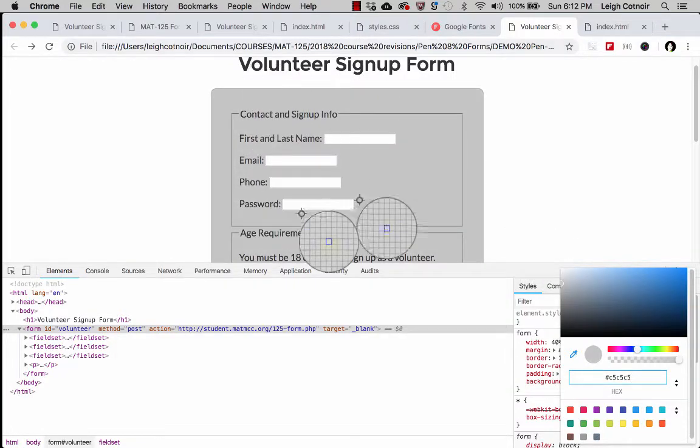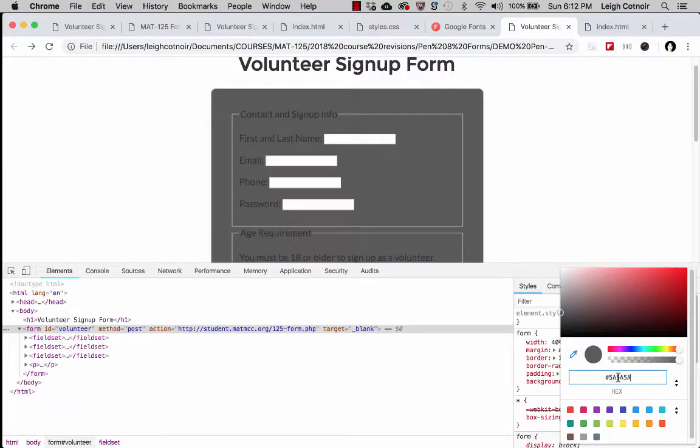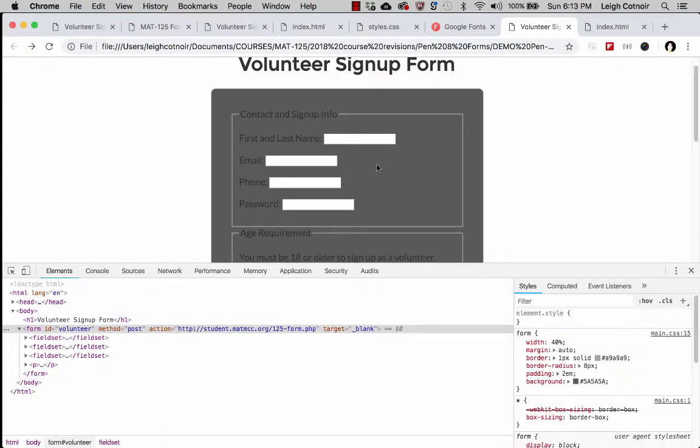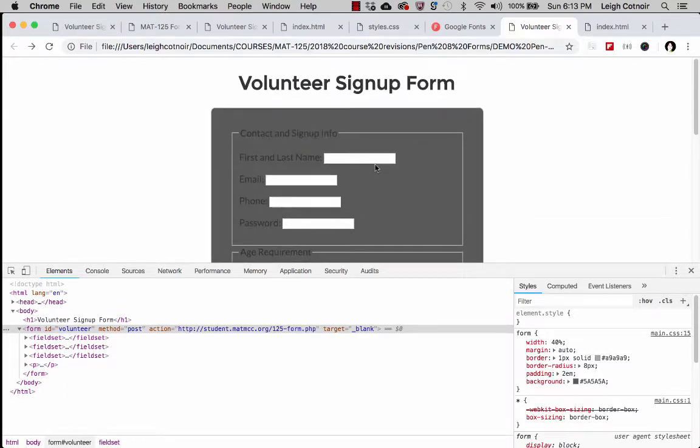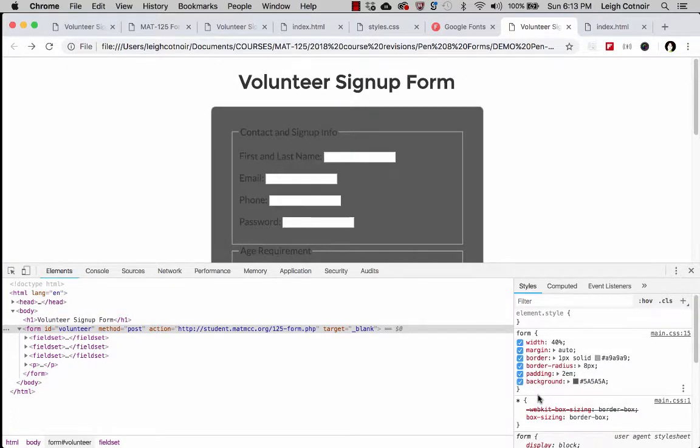And then we can make some of these field sets a little bit brighter. I think maybe what I might like is sort of this darker color, and we can stick with that. And that's obviously way too dark, right? But one of the things that we can also do is we could mess around with the field set. But if we think that we kind of like this, one of the things that you can always go and